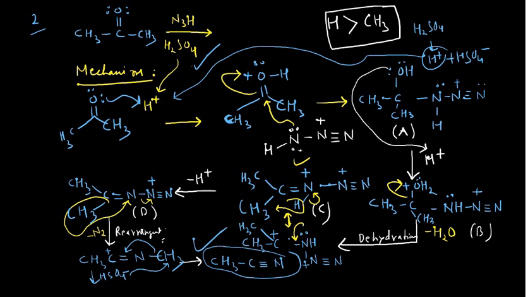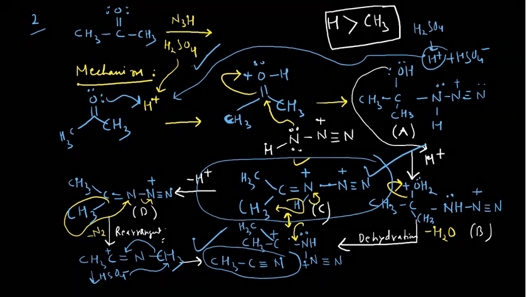So I will start this reaction from this point again. Please remember, I will rewrite it again. I was having this species when I started with the ketone. This is C, this is CH3, no problem. This is double bond nitrogen and a positive over there, and one hydrogen was already there, and simply this is nitrogen, this is positive, this is triple bond nitrogen. This species I was having.